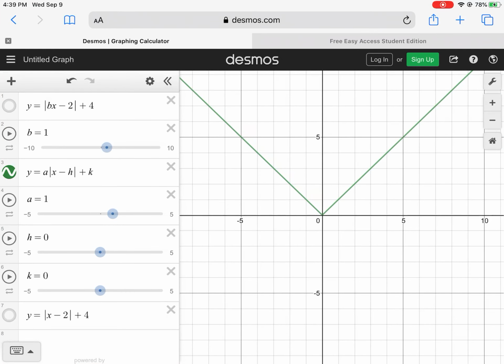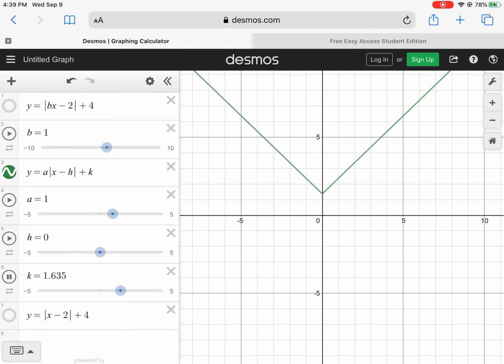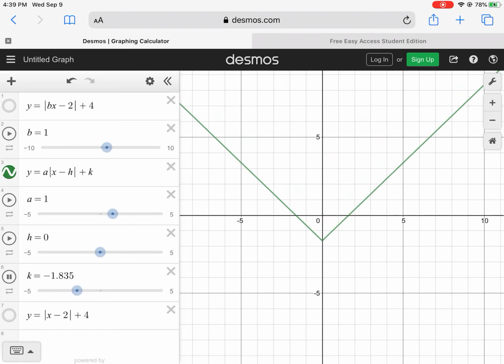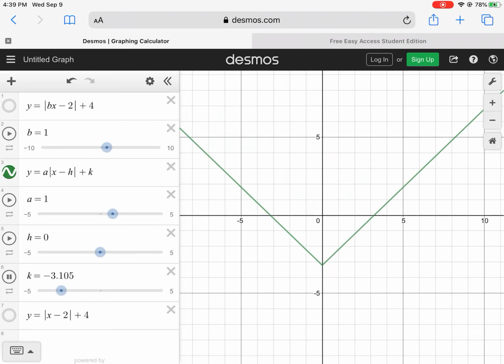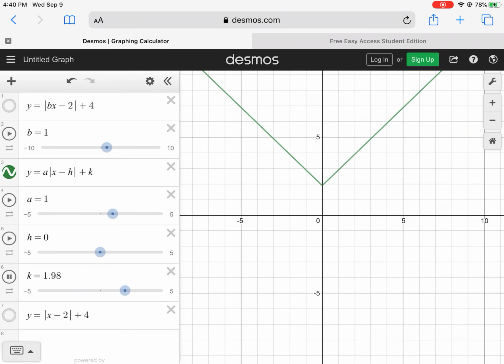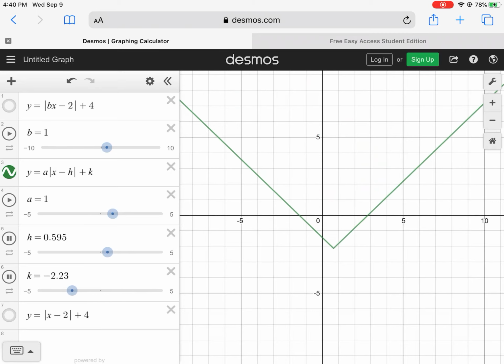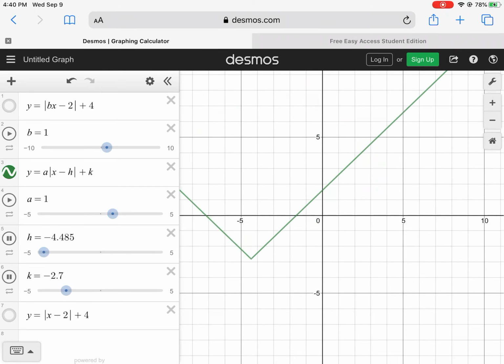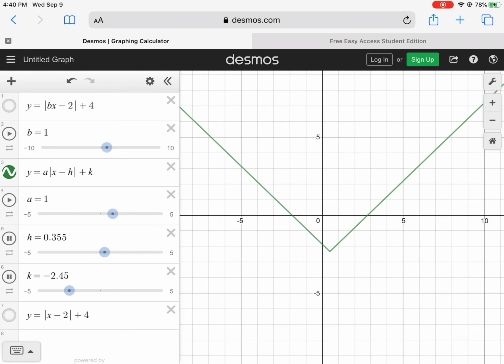So notice here we've got our graph. This is the parent function. It's sitting at the origin. It has a slope of 1. If I start to change the k values, the graph is shifting up and down as those k values change. You can see the k values on the left. Notice once I start to move the h values, so I'm going to push play on the h values, it's going to start to move it left and right and up and down in conjunction with those h and k values. So we're looking for where the vertex is moving,